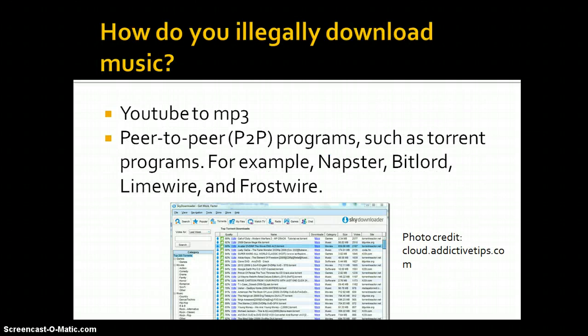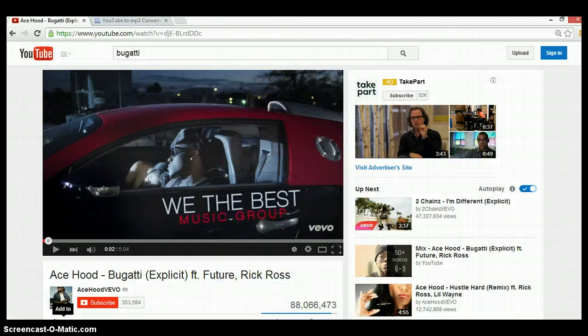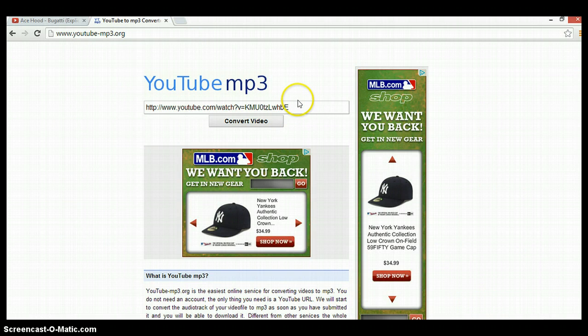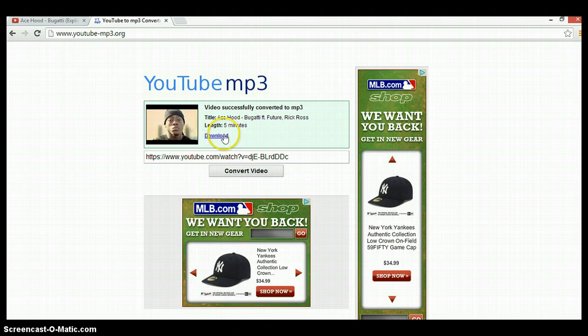How do you legally download music? Well, you can use a variety of different options. YouTube to MP3, which I'm about to show you. Let's say I finally woke up in a Bugatti and I want a song for the occasion. Well, this is how you could go about it, or I could go about it in this case. Let's see here. Copy. Let's get rid of this link right here. Paste. Convert video. And voila, I hit this download button right here, and it goes into my storage file on